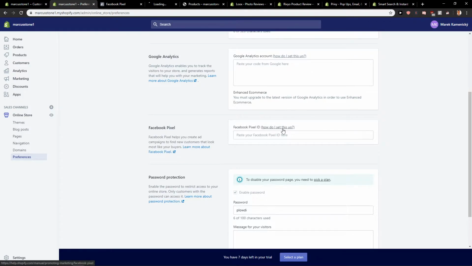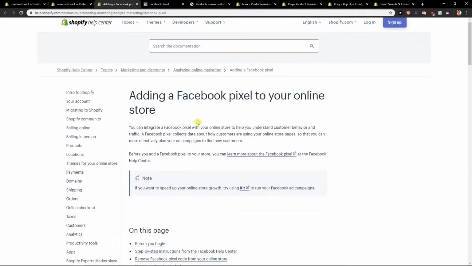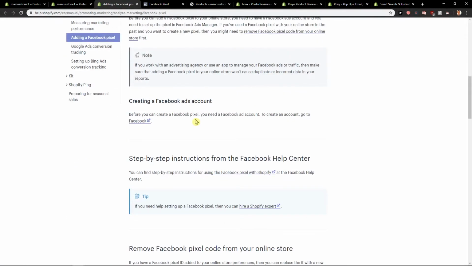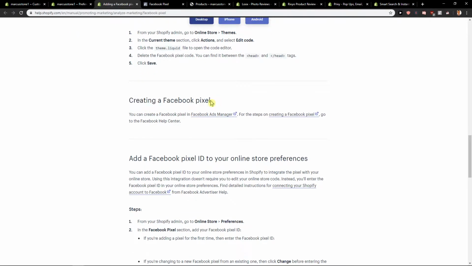Okay, now, how do I set this up? And you will have it here, adding a Facebook pixel to your online store. Just scroll down for getting the link, create a Facebook pixel. You can create a Facebook pixel in Facebook Ads Manager. I already have it, so